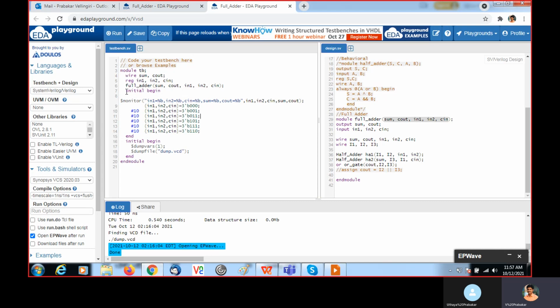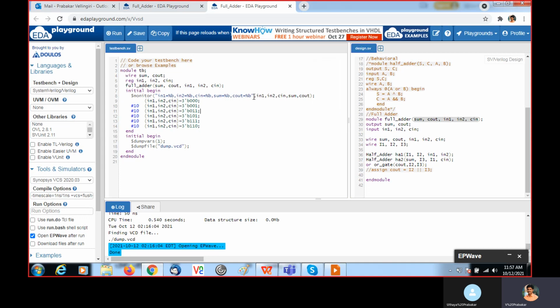Then here within this initial block, this $monitor, this is a system task, continuously monitors the signals. That's the difference between $monitor and $display. $display happens only once; it will print the value only once.